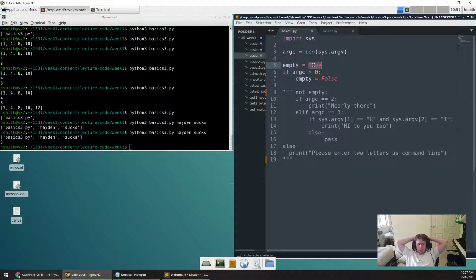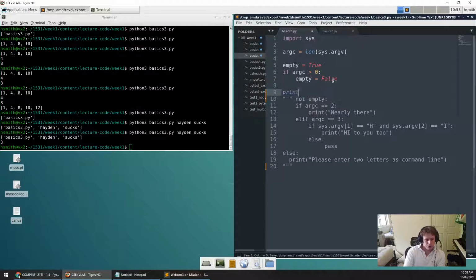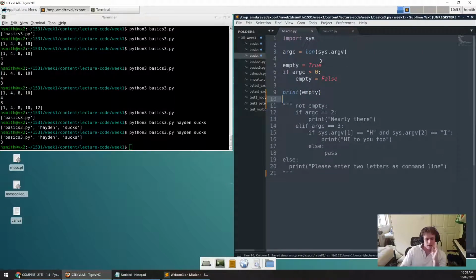And it has to be a capital T and a capital F. Lowercase t does not mean anything to Python. It would be like, what in God's name did you just give me? So it wants a capital T and a capital F. Most of your editors will reward you if you write the correct thing by making it a different pretty color, which is good. And you can see that if we look at if statements in Python here,